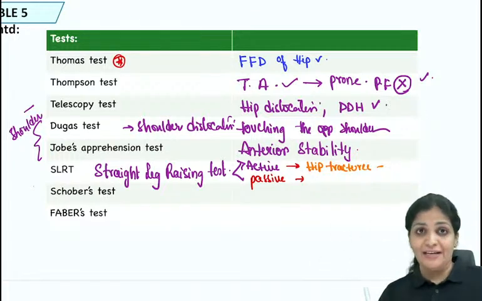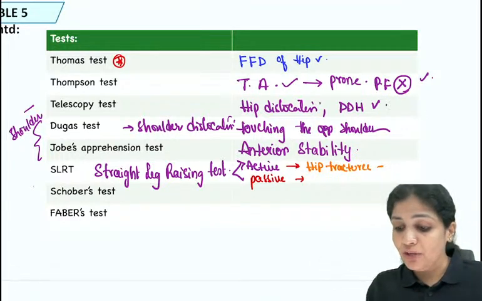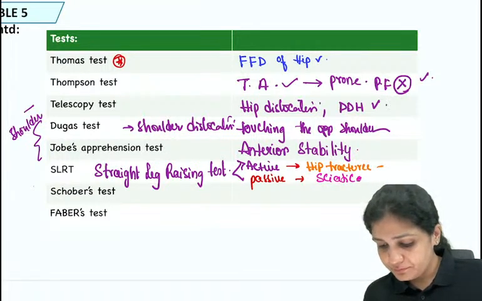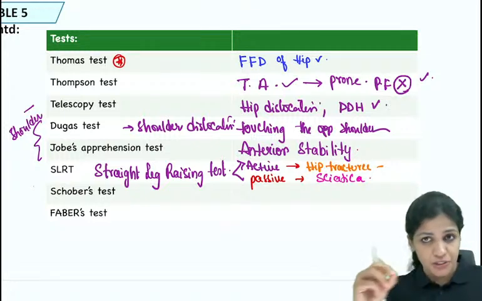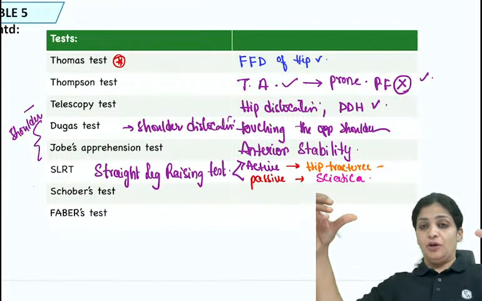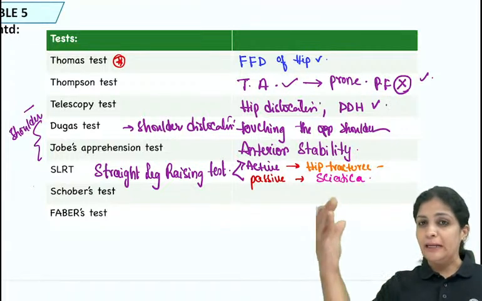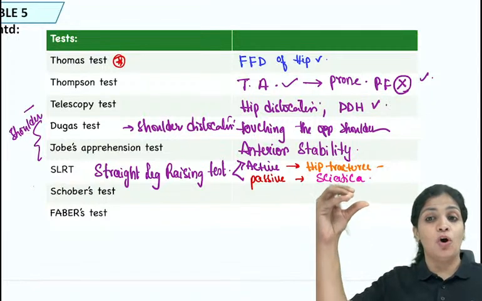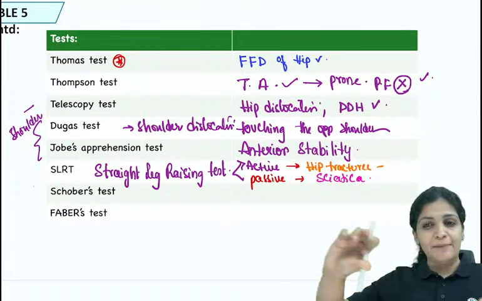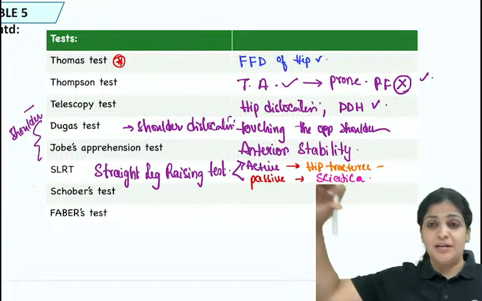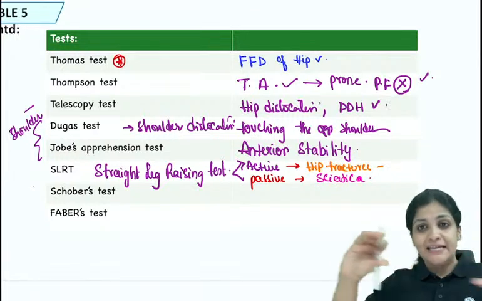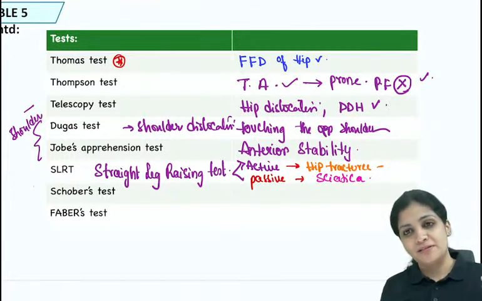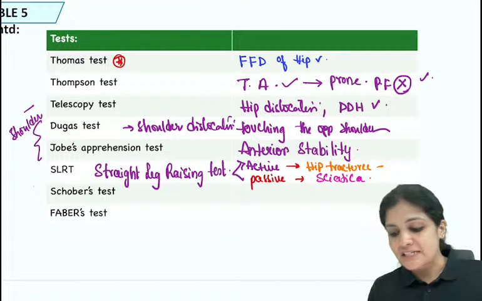When it comes to the passive straight leg raising test, it is mainly to evaluate sciatica. That means there is a sciatic nerve which is present on the posterior aspect, and now if the surgeon is passively lifting the limb up, the patient complains of pain. Whenever you passively lift or extend the knee, straight leg means you are lifting with the knee on stretch, right? So when the knee is not flexing, you're extending the knee and lifting it up, you can see the tightness on the posterior aspect. This tightness will result in stretching of the sciatic nerve, hence the patient will have